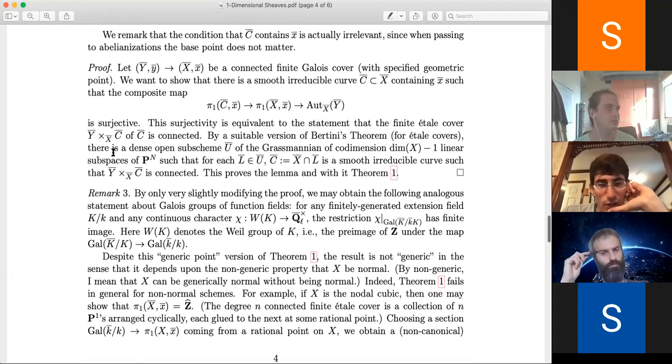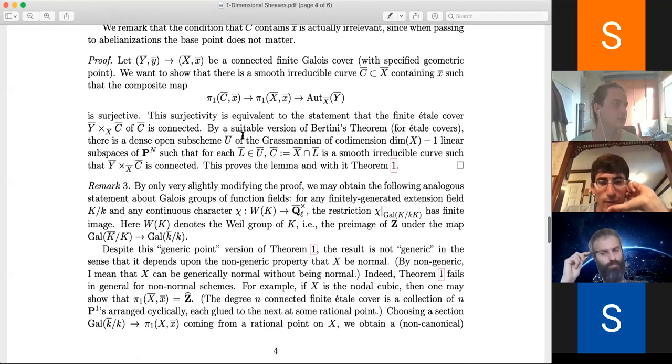Okay, so now, unfortunately, I couldn't really find a reference. I'm sure there might be one. I'm sure there is one, but by a suitable version of Bertini's theorem for étale covers, there's a dense open